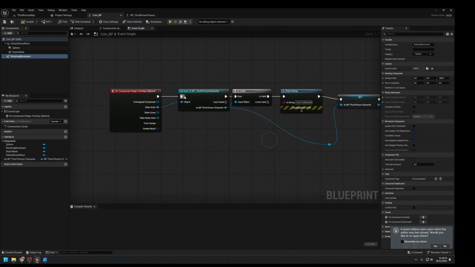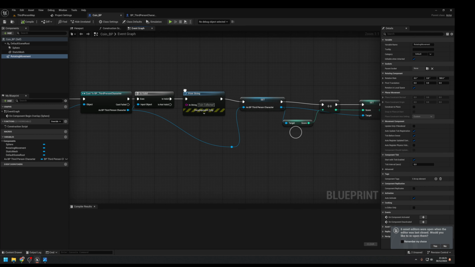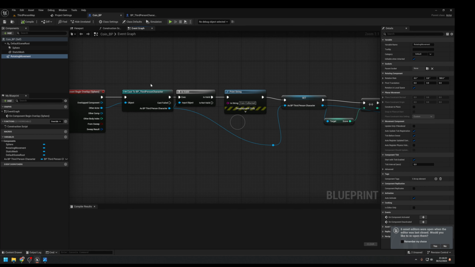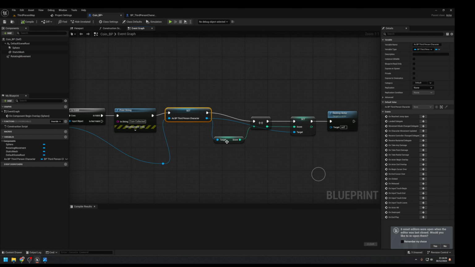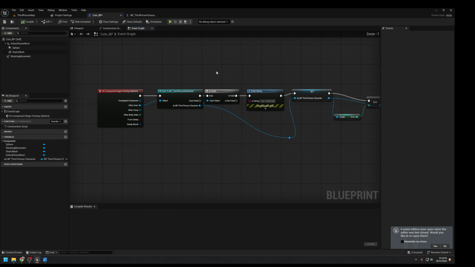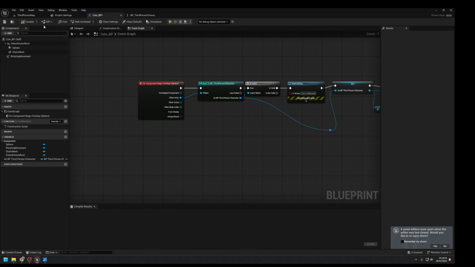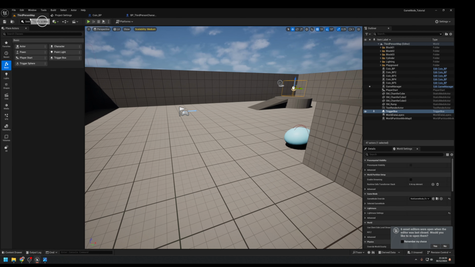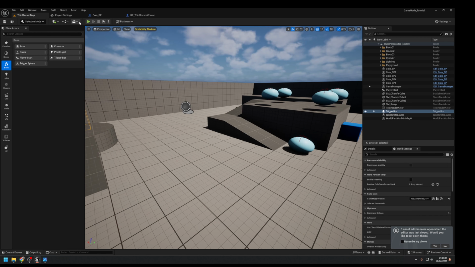So we collide with our player. We check that it obviously is our player that we've collided with, and then we increment the score by 1 every time we collide with it, and then we destroy it. Nice and simple. Now, there's a couple of different ways we can do this. If I just press play now and